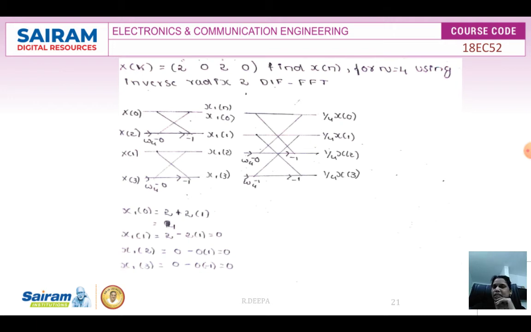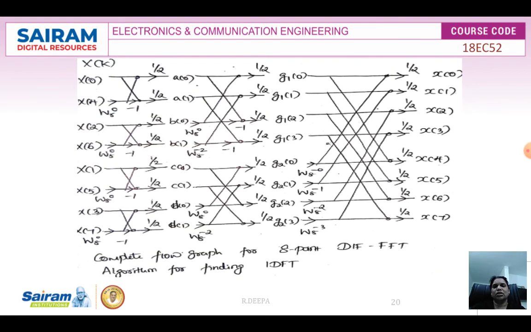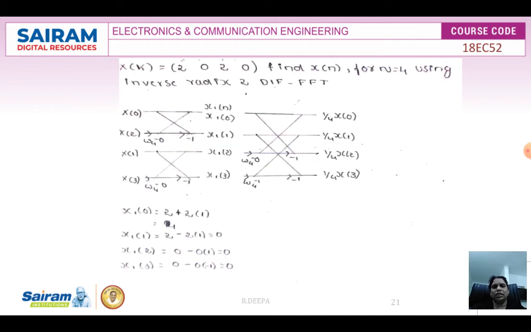See why the inverse: since we are going to find the inverse DFT, it is named inverse radix-2 DIF FFT algorithm. Okay. And you can find in the problem statement capital N is equal to 4, so you need to draw the flow diagram for N equal to 4. From the structure, you can reduce it as it starts with a small butterfly, then a little bigger one. It consists of 2 butterflies for each stage.